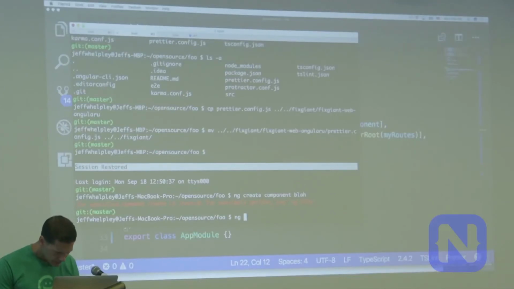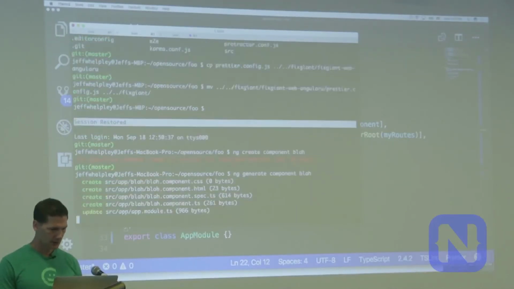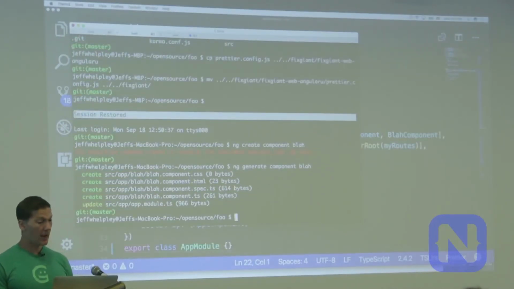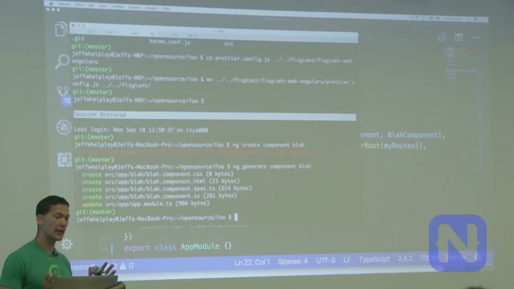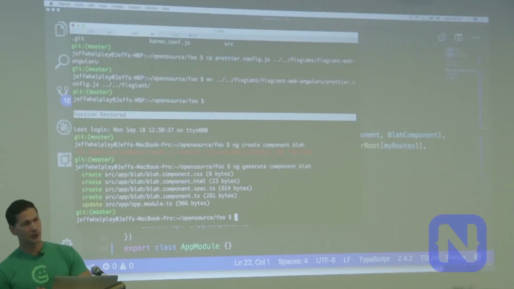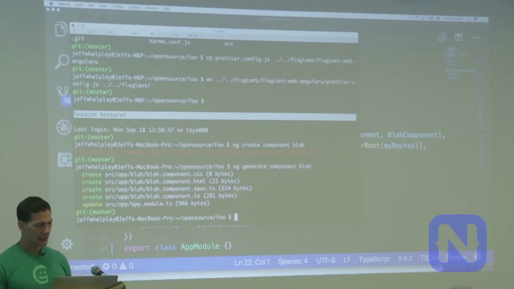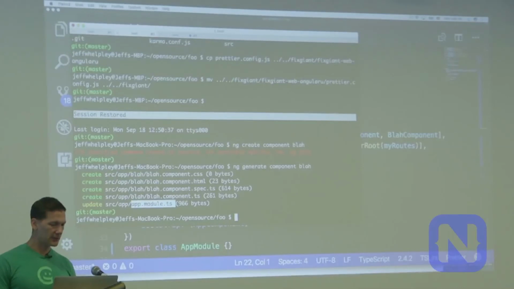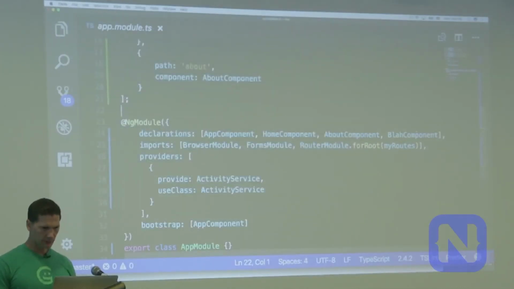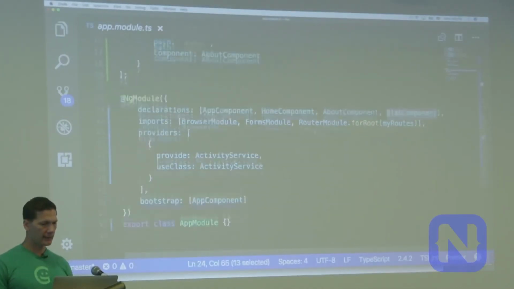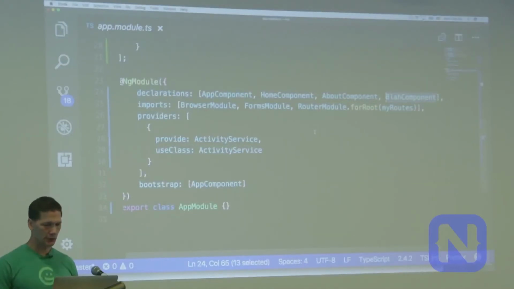Oops. What did I do? Oh, generate. Right. Now, you may say, okay, I don't like the directories that it put it in, or you don't like the fact that it spit out all these files. You just want it to be some files and not others. The nice thing is it does wire it up. Like I mentioned, you do have to wire it up in the module, and it does that for you. So it already put it in the module, so it's already wired up and ready to work.